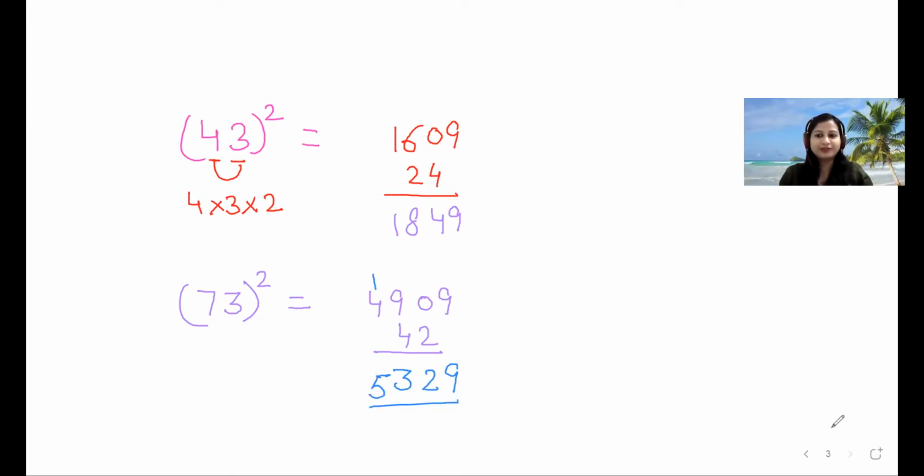Wonderful. Let's see for the numbers which are having the units place 4. You would be amazed to listen from me that the numbers in which we are having the unit places 1, 2, 3, 4, 6, 7, 8, 9. I'm repeating again. The numbers which are having the unit place 1, 2, 3, 4, 6, 7, 8, 9 are having the same tricks. Square of the ones place.